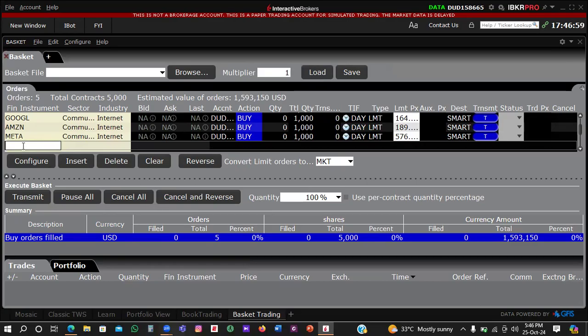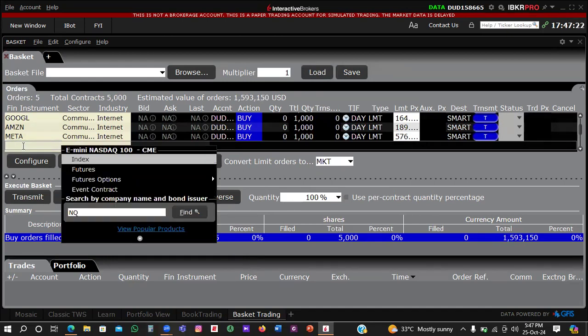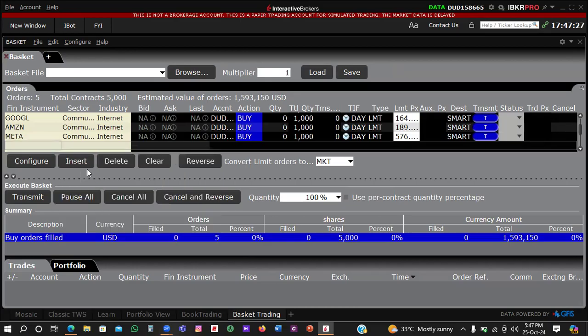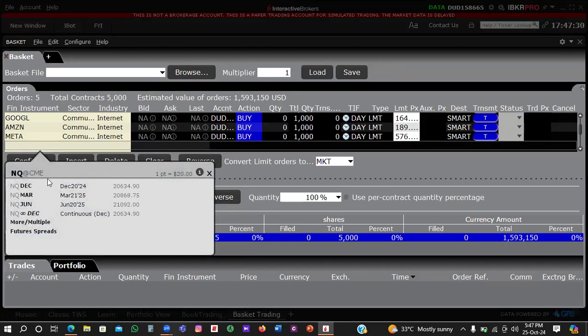So we need to choose a hedging instrument which best reflects the tech stocks. For this one, we are going to use the E-mini Nasdaq. The E-mini Nasdaq is the one that has exposure to the tech stocks. So the symbol is NQ. I'll say NQ here, then press enter. As you can see, it gives me index and futures. I'll come here to futures, and then it gives me these options. There's NQ December, March, June, but I'll pick this one, continuous. I just click here,